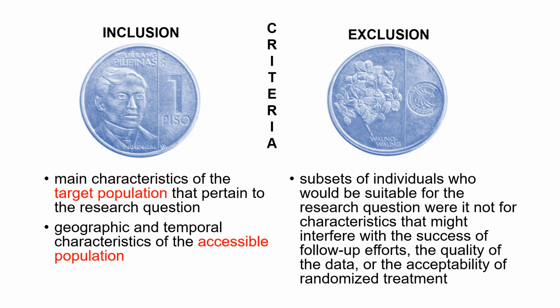A good general rule is to keep things simple and preserve the number of potential subjects by having as few exclusion criteria as possible. Otherwise, it unnecessarily decreases the number of subjects who would otherwise be eligible for the study, and it increases the likelihood that a protocol amendment will be required to rectify the situation.